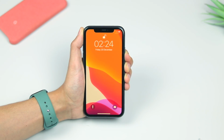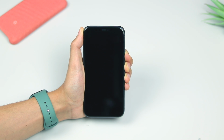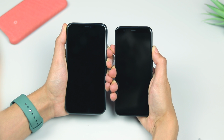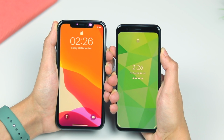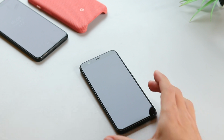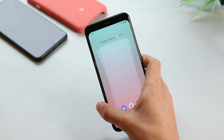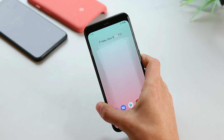The iPhone's Face ID was the only 3D face unlock on the market, and therefore the only one to match the security offered by fingerprint scanners. Google have joined the party though with their Face Unlock, which is actually even faster than Face ID. Combining Face Unlock with the new radar sensor, the phone primes itself for unlocking as you approach it, so that it's ready to scan your face before you even pick the phone up, and the subsequent unlock is then extremely